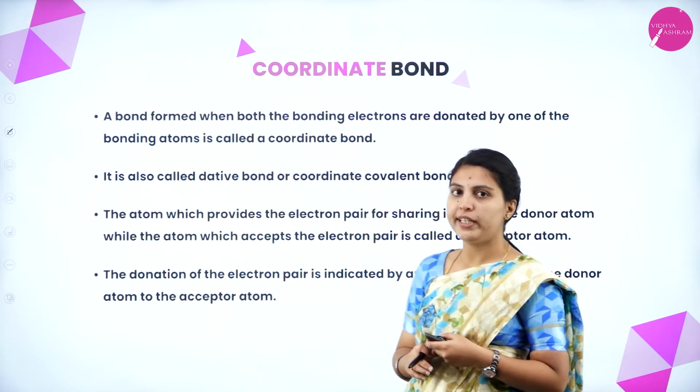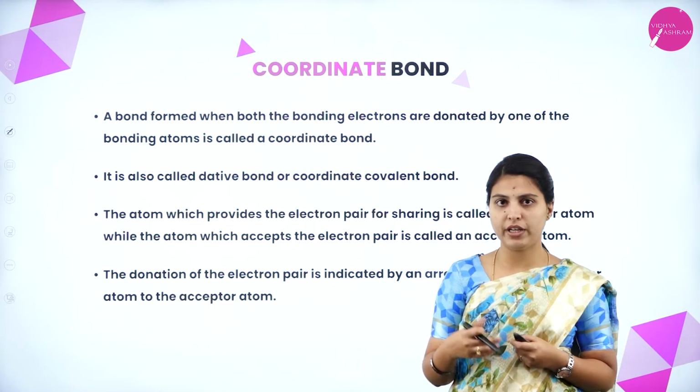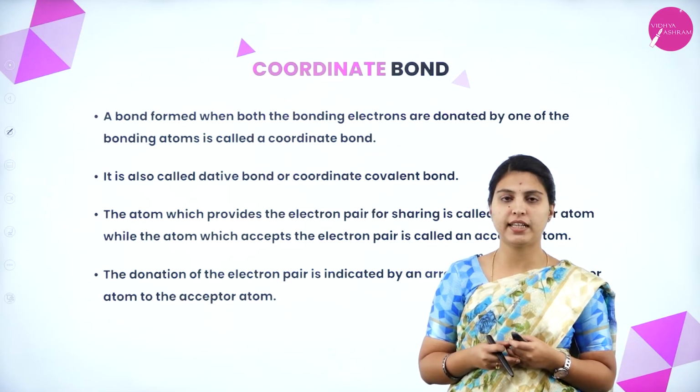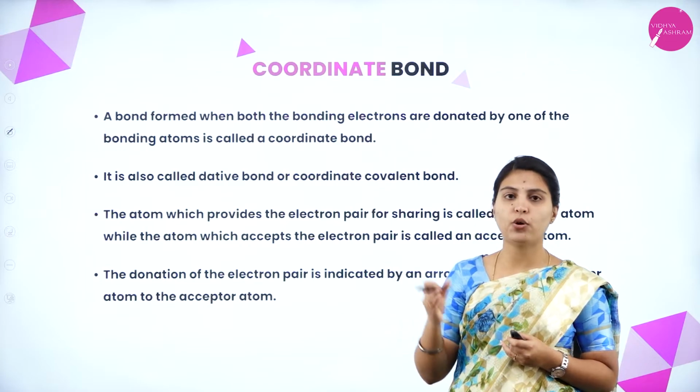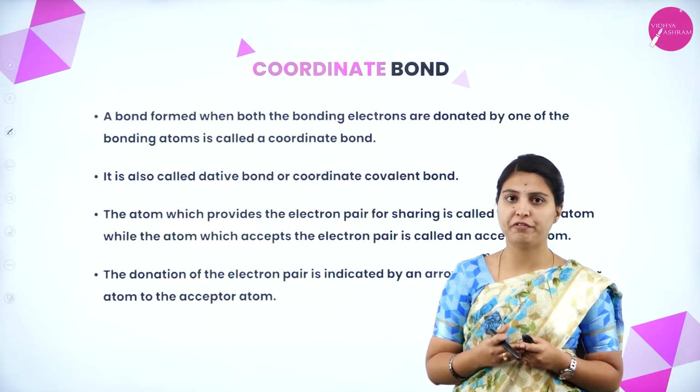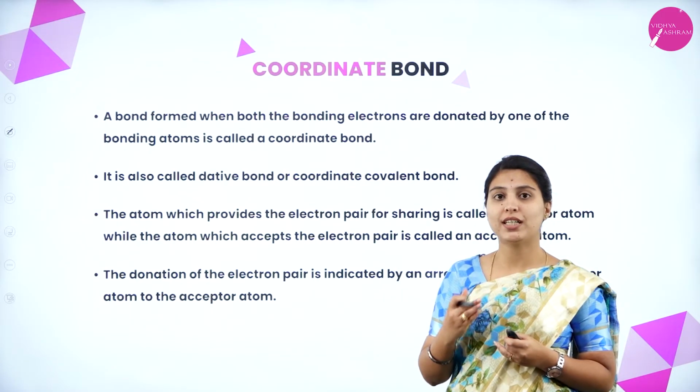Next one, the coordinate bond. In the previous session we have seen that 4 kinds of bond are present, that is ionic, covalent, coordinate and hydrogen. After understanding covalent bond of molecules, geometry, everything, now we are moving to the third type of bond,